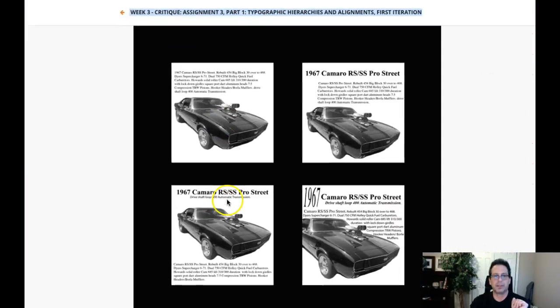So right now you've only got one contrast. So basically this composition here is the same as this composition here. The only thing you've done is move one of the lines of type. Okay, and then in the fourth, you want to introduce multiple contrasts in weight and scale